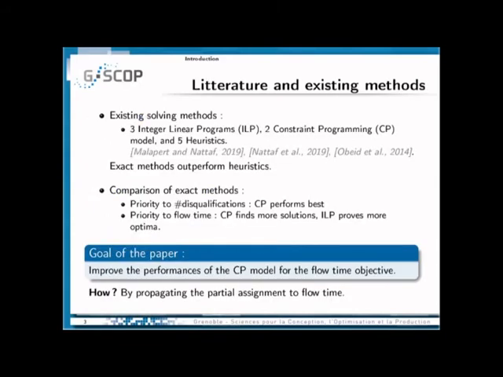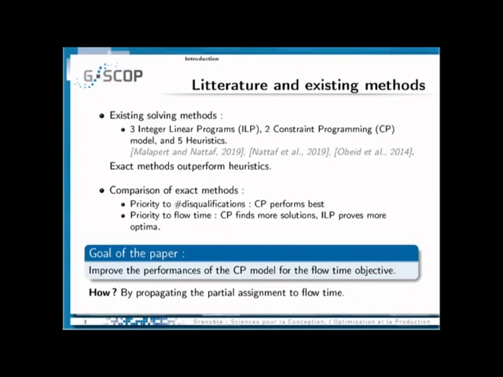For this problem, several solving methods exist: 3 integer linear programs, 2 CP models, and 5 heuristics. We focus on exact methods because they outperform the heuristics. Among the exact methods, the performances are not equivalent. In a previous work, we showed that when the priority is given to minimizing the number of disqualifications, then CP